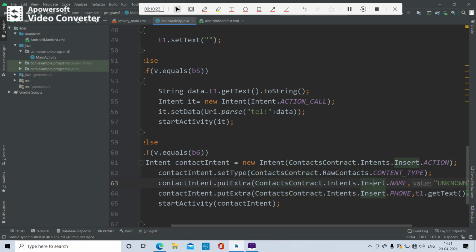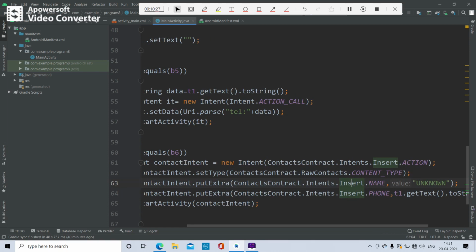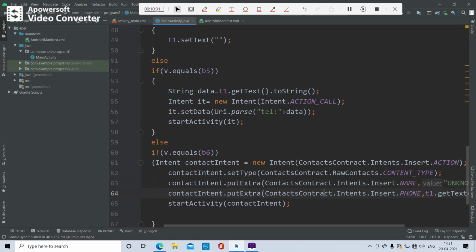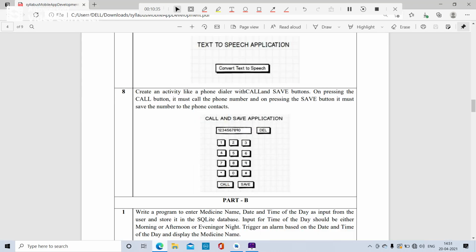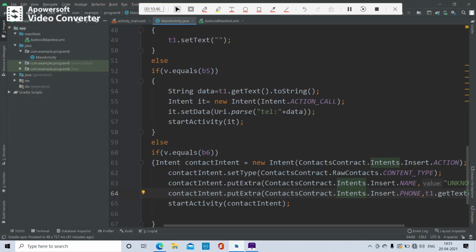Here the name is unknown because we are not going to save any name, therefore we give the value unknown. We are going to save just the contact number. You can see in the interface that it is not given to save the name, it has to just save the number.